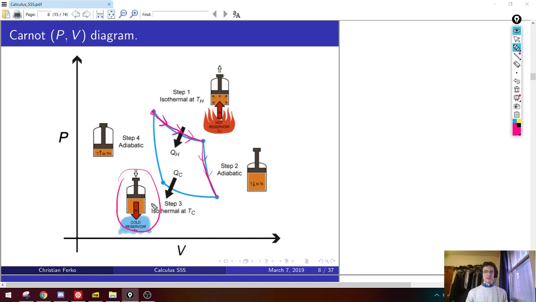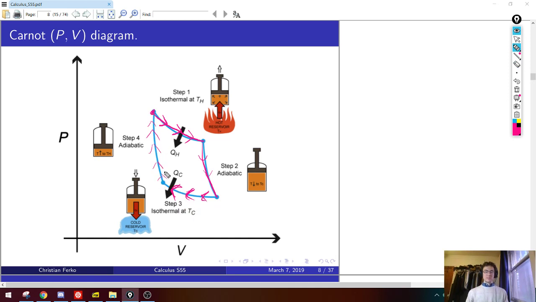Then I bring him back down to the cold sink, and the cold sink is where I have to put in work, so I'm compressing him. So I'm doing some work, which means there's some area. See this lower area down here, I should really count with the opposite sign, because now the arrows on my path are reversed, which means I'm integrating the wrong way, right to left. So this is negative down here, but that's okay. At the last step, we just do this adiabatic compression again, which brings me back up to the start. And now I'm up here.